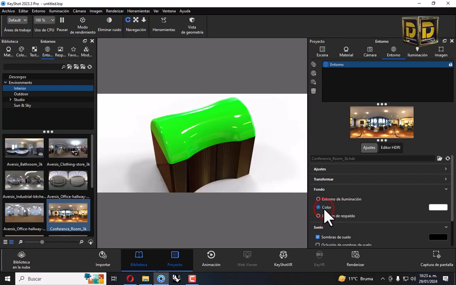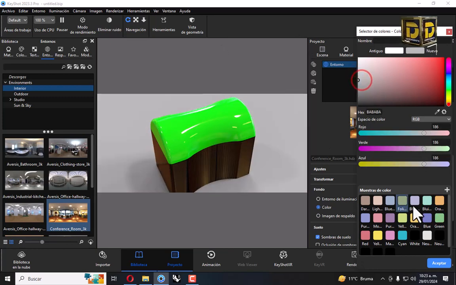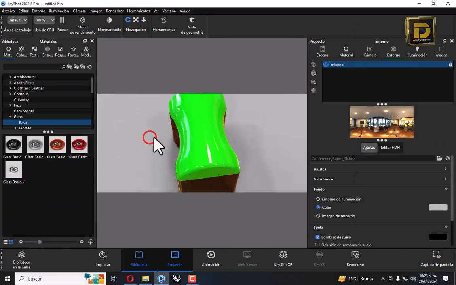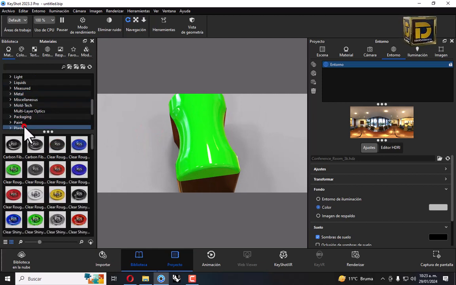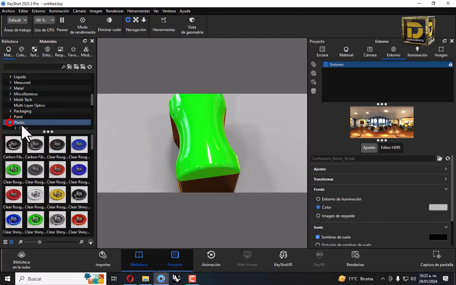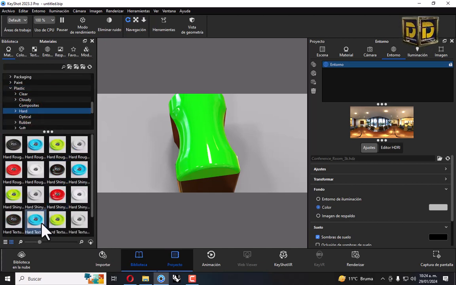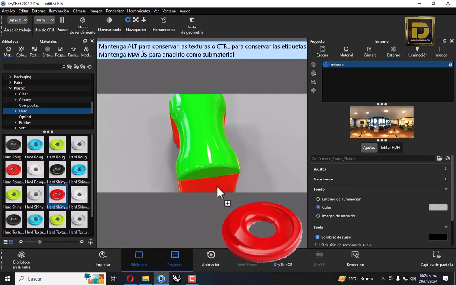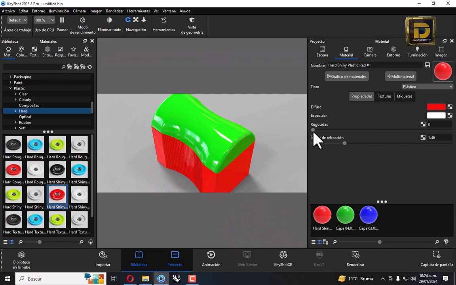I like color, maybe gray color. We need to select plastic, hard, and we can select maybe this, I don't know, roundness.